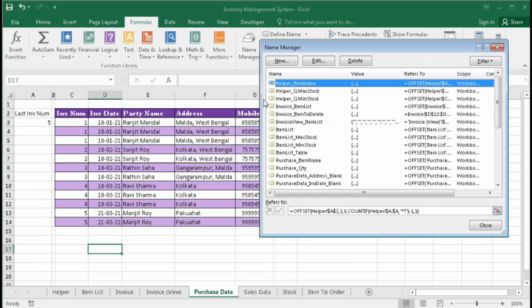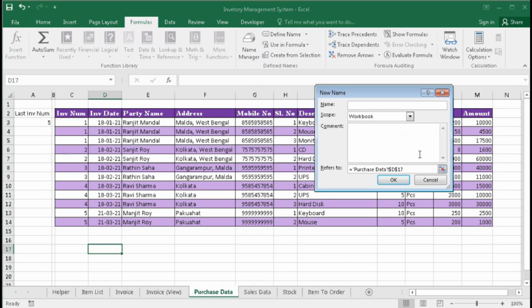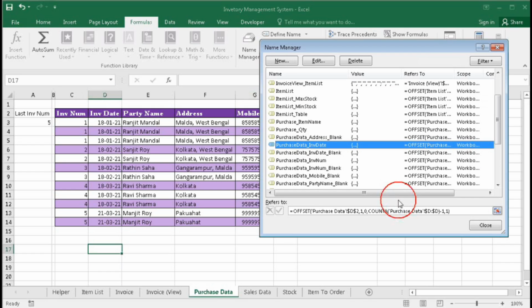So name manager, new, purchase data underscore INV date, and here equal to offset, this cell comma 1 comma 0 comma count A, bracket open, select this column, bracket close, minus 1 comma 1, bracket close. Okay, so you got the range. In this way you have to create all the ranges.